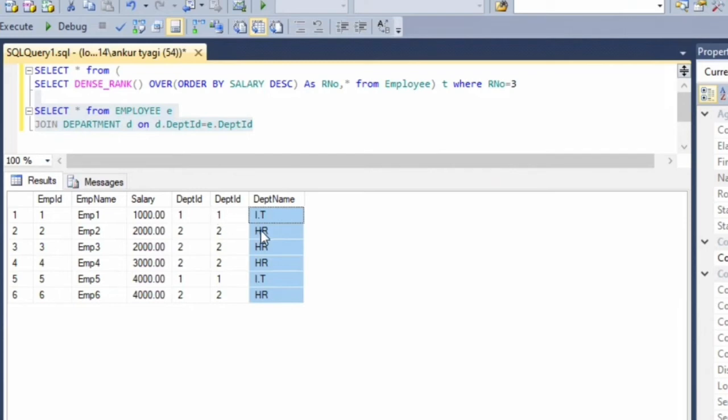So now here the department HR has salaries 2000, 3000 and 4000 as well. So just use the same dense rank over there, copied from the top.